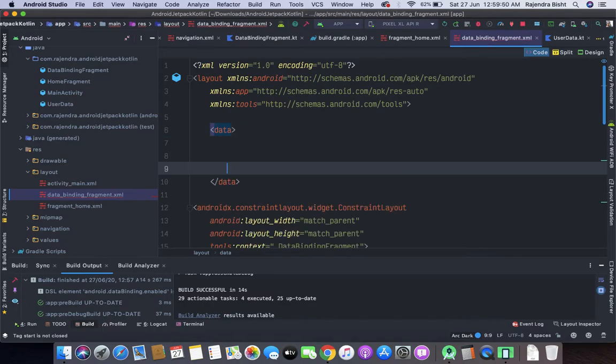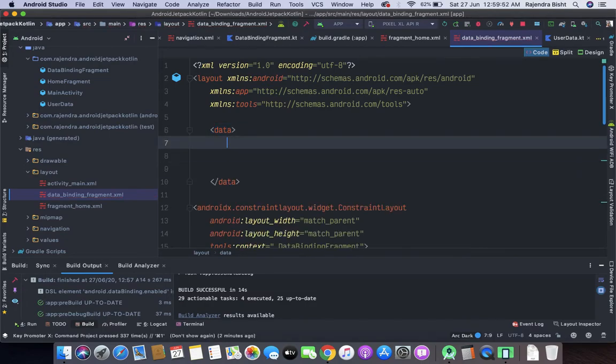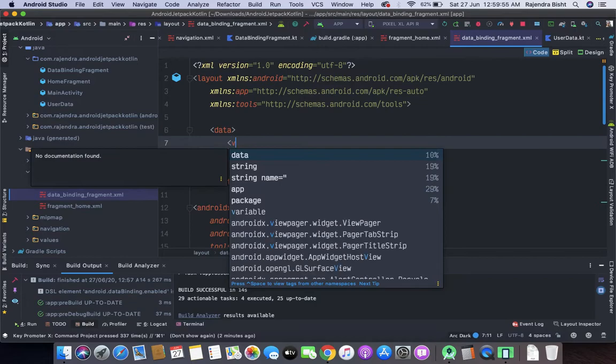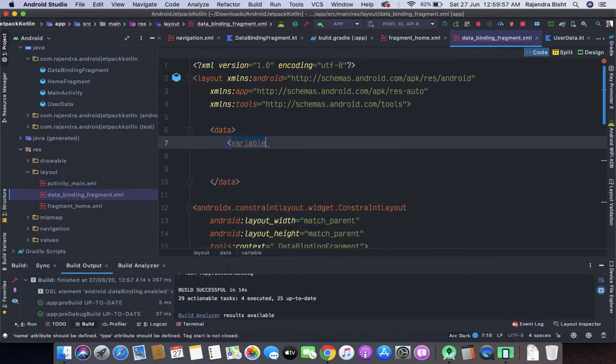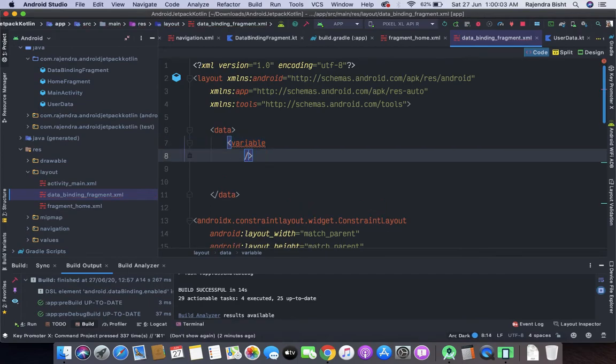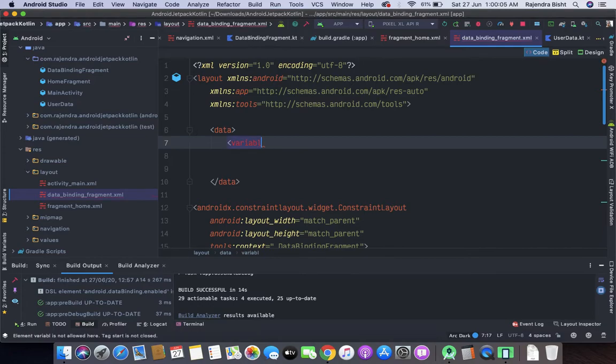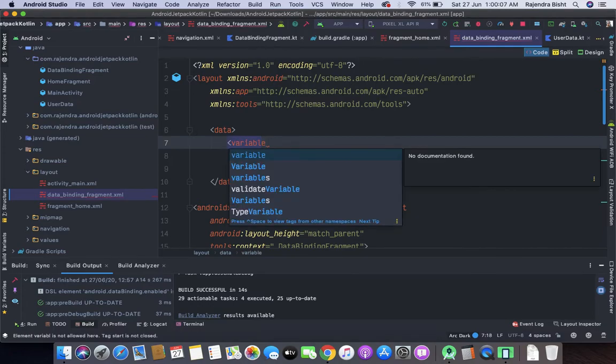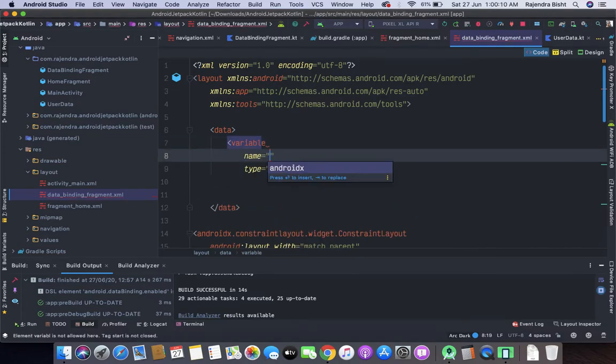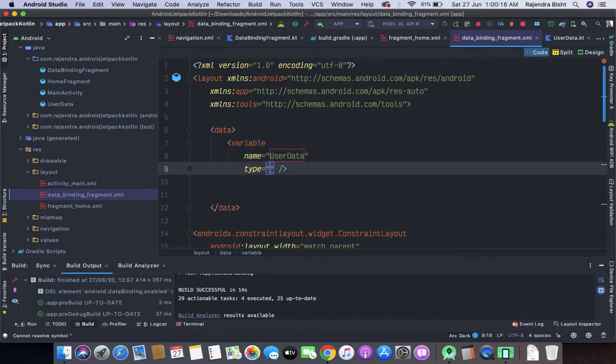Inside the data we will create another tag which is a variable tag, and inside the variable we will define name, let's say user data, and its type.